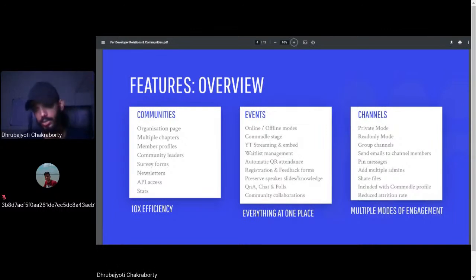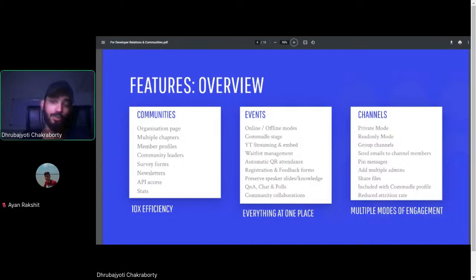You can pin messages, you can add multiple events, right? You can share files directly, and of course you can include all these features in a Commudle profile. There are multiple options available today, but Commudle does a very simple job. It brings all your portfolio under the same platform. It is one link, which is your Commudle profile, and your projects can be tracked, your article contributions can be tracked, your community engagements can be tracked, your followings can be tracked, your engagement with your audience can be tracked. Everything is just there, right?